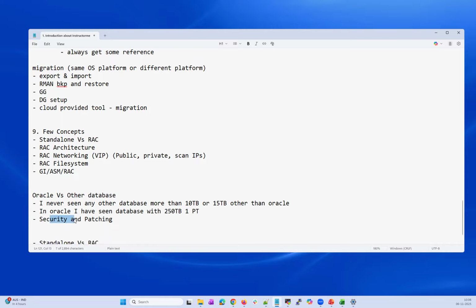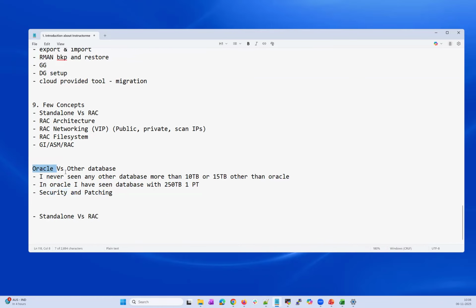So only Oracle is the best choice for them, and because of that Oracle is always the master compared to any other database. Once these big customers with big databases and heavy workloads migrate to Oracle, what kind of database will they choose, standalone or RAC? Standalone is for their development or test. RAC is for their production. Standalone is a single instance and RAC is your multi-instance cluster, and they will always put the production workload into RAC.